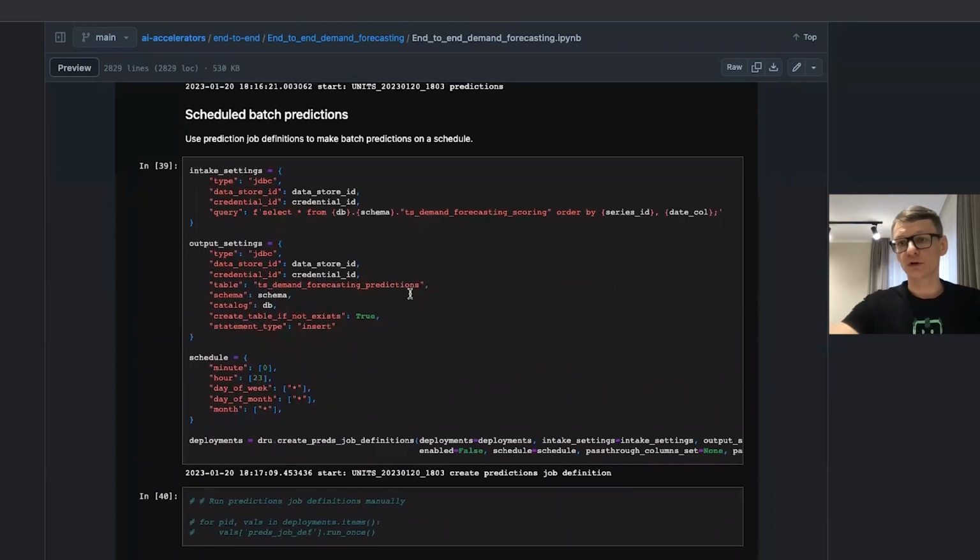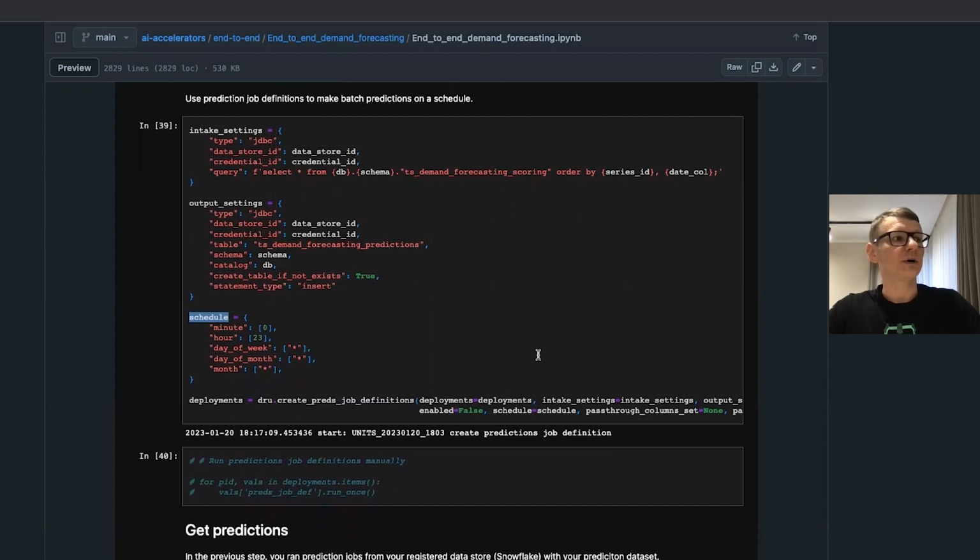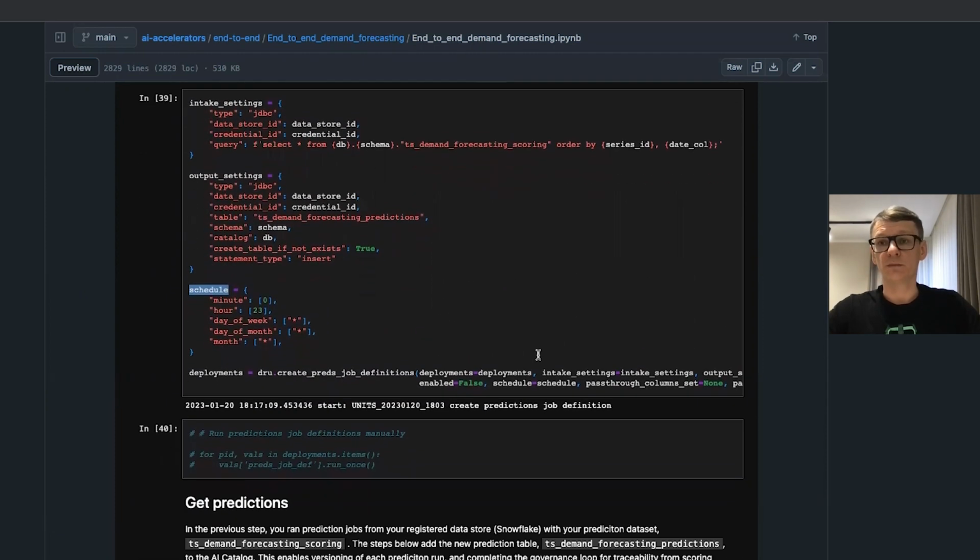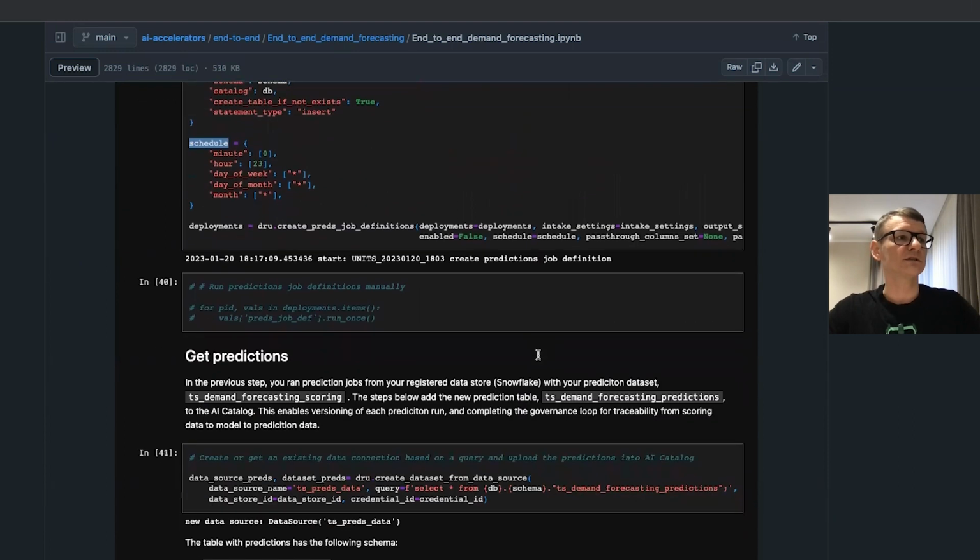Also, DataRobot supports recurring jobs. That function will create a job, and intake and output settings are the same, but we have an additional setting for schedule, and based on business needs, it may schedule a recurring job, which will take the data from your database, make predictions, and write them back. So that's pretty much it about deployments and making predictions. So let's